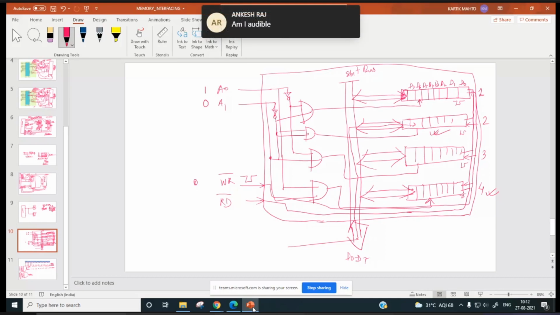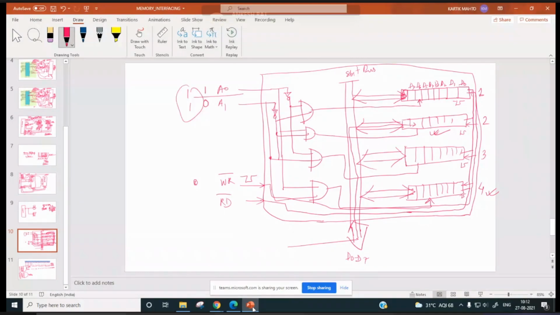So the address is going to be this. Now the fourth one will be enabled. Now read bar will be made low. So read bar will go to each and every register, but since the fourth one is enabled, data will come out from here.